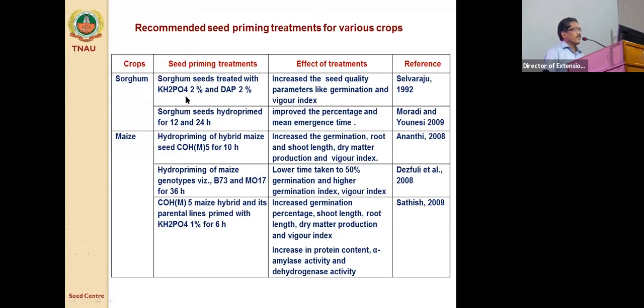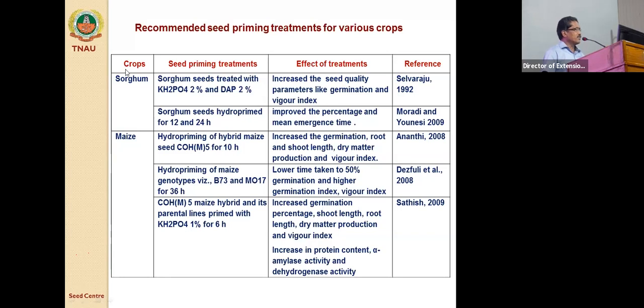Here we have done for a single crop, for example, sorghum. Sorghum seeds soaked with potassium dihydrogen phosphate 2% and DAP 2% is recommended. This is nothing but either we can call it hardening, if it is for dryland sowing, or otherwise priming. If it is not to overcome any stress, then it is called priming. Likewise, we have different studies.